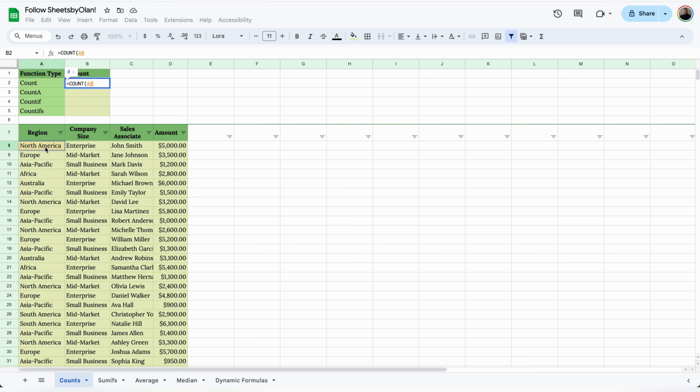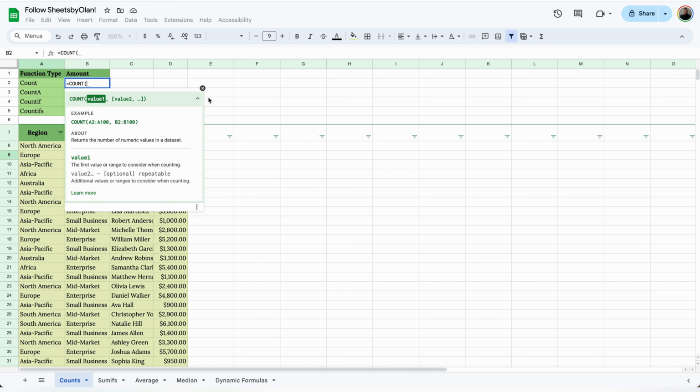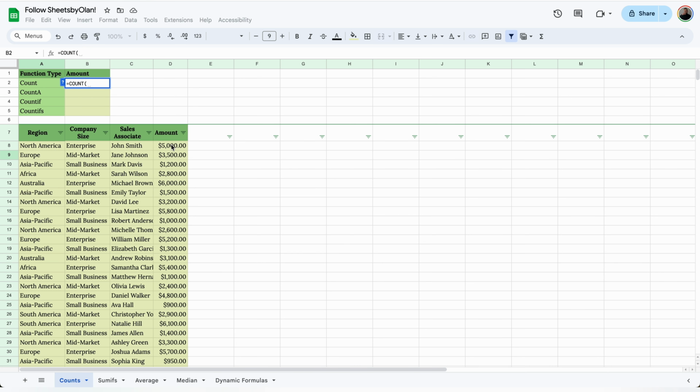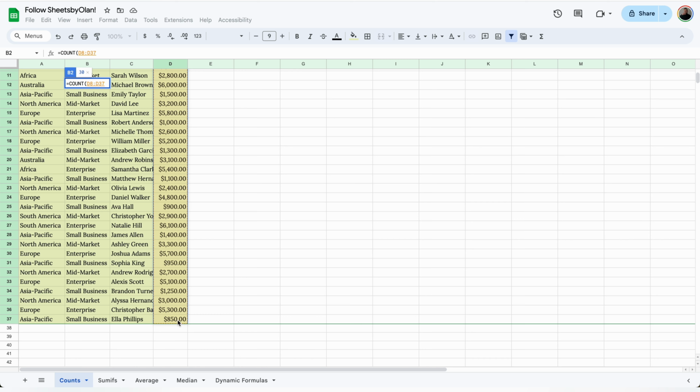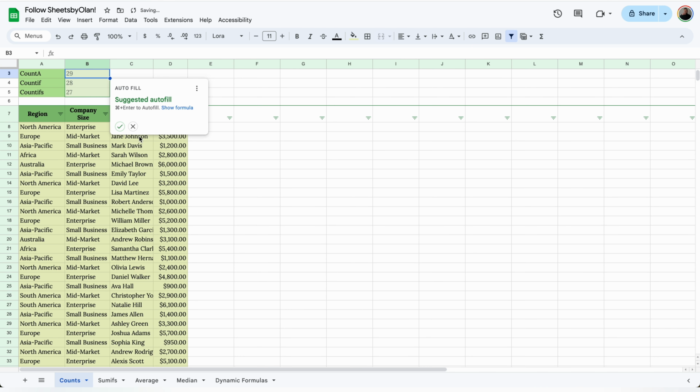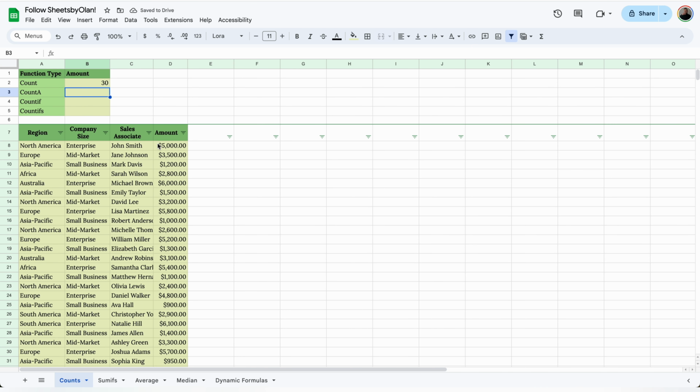So after count, all we need is a different range. So you can select different cells and put a comma between them, or you can select the entire range at once, which is most likely what you'll do. But one thing to know about the count formula is it only works for numbers. If there's any text in there, it will not be part of the calculation. So you can see here that I did the amounts, and we have 30 different amounts listed, so it counted